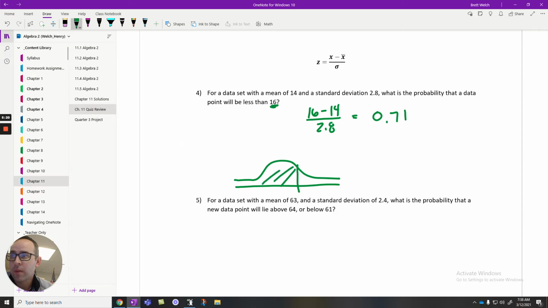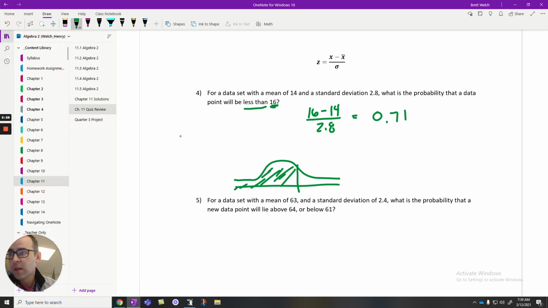And on the normal table, it'll tell me what percentage lies to the left. Okay, so this is really important. I have to ask if less than means to the left. It does. So when I pull out my little table here, I make sure I'm on the positive side of the sheet. Okay, and then I'm going to look for 0.7 on this left column. Then because it's 0.71, I'm going to slide over until I'm underneath the row that says 0.01. And where those two lines meet in this problem, 0.71 is